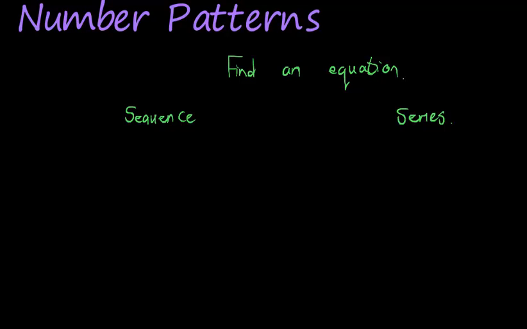Okay, so we've looked at the arithmetic. Let's quickly have a look at the geometric. The basics are still the same. A sequence is term 1, term 2, term 3. A series is term 1 plus term 2 plus term 3. No difference there. The only difference here is that my terms are now multiplied